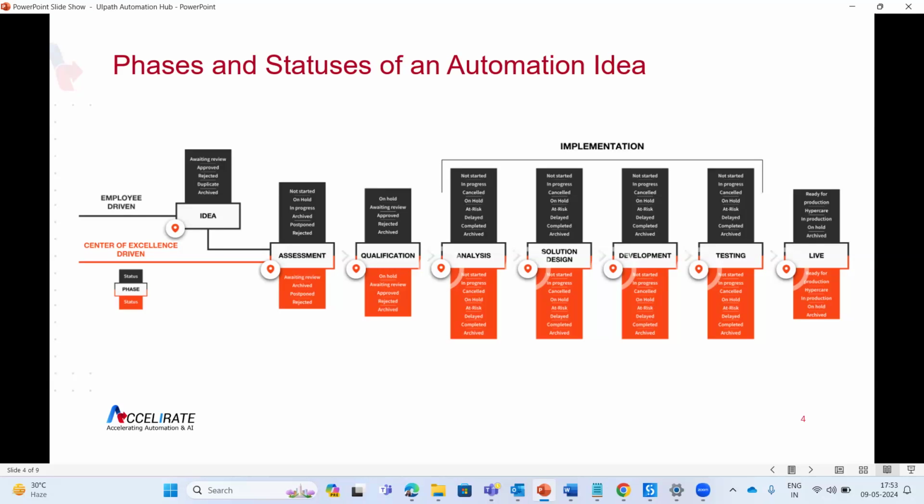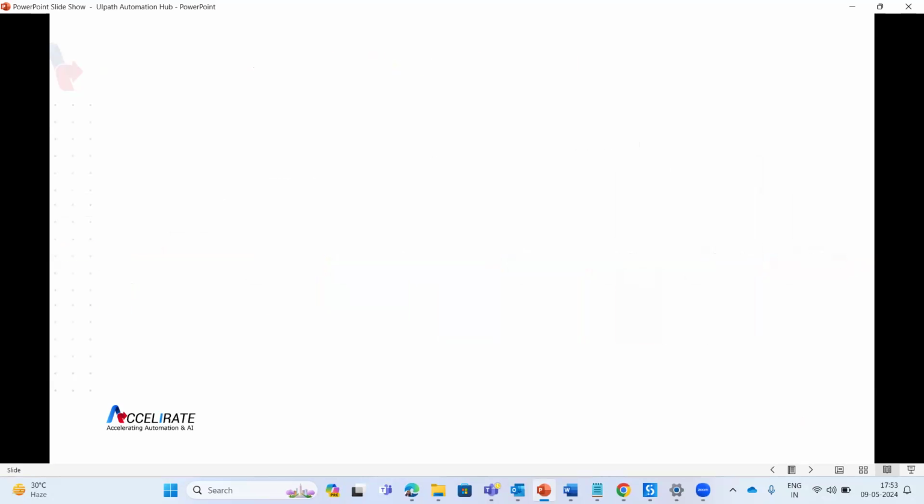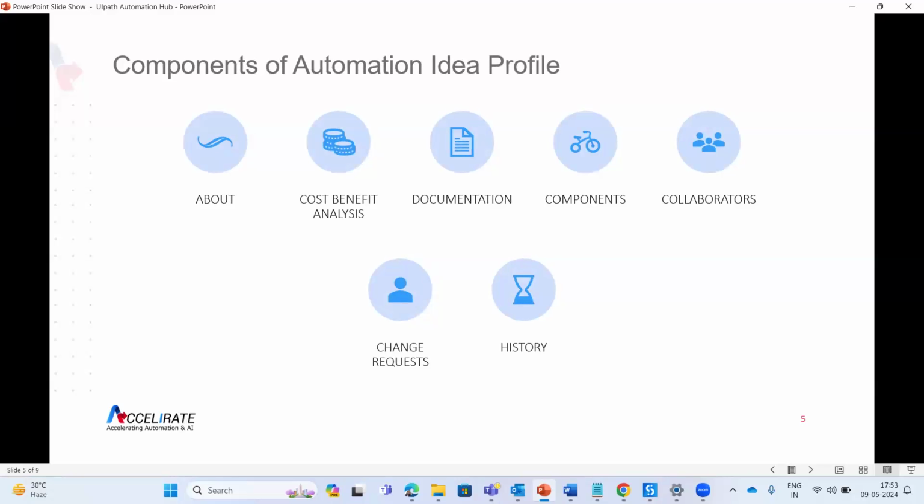So that will be on the project basis or the phases basis, the document updation and everything. There is one particular tab for it which we call component. What you can do is go ahead and add whatever artifacts are associated with the process. If you see over here, we have documentation where you can add all the documentation associated with it. It's not limited to PTD, SDD,